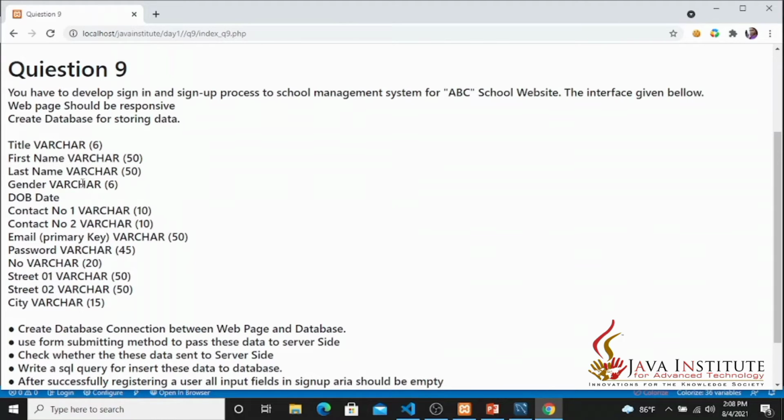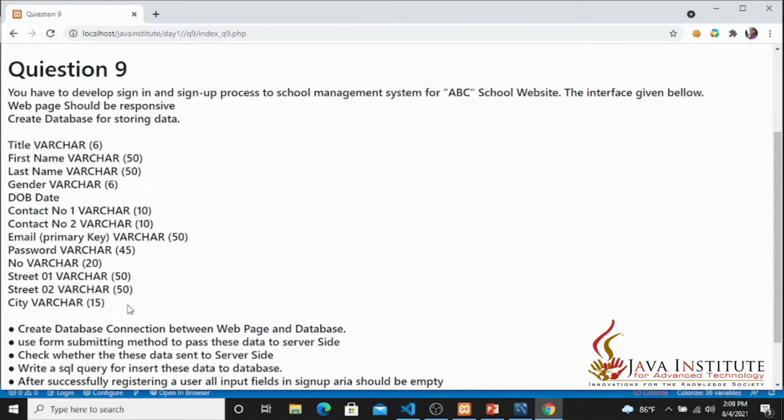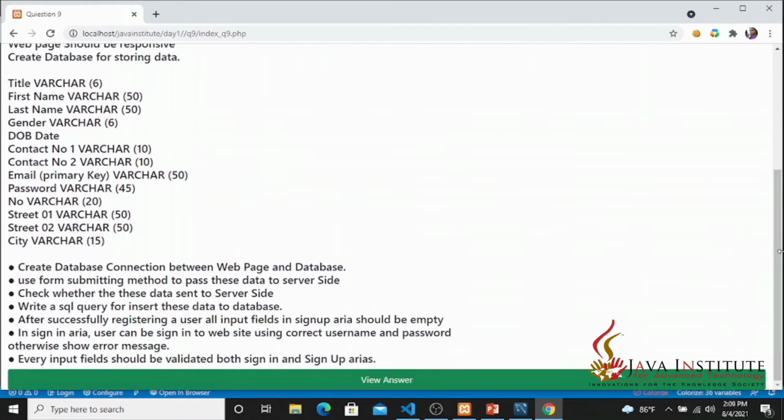These are the column names, the data types, and the maximum length of the data that I can give to each column. To fulfill these conditions, I created this schema for video 7 and I am using it here also. The reason I say this again and again is that if you watch this video 9 without watching my previous 2 videos, the percentage that you can understand will be minimal.